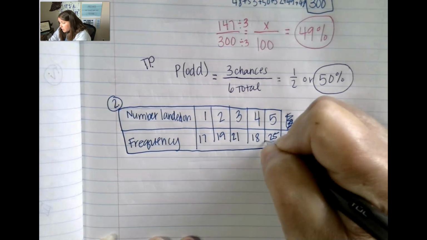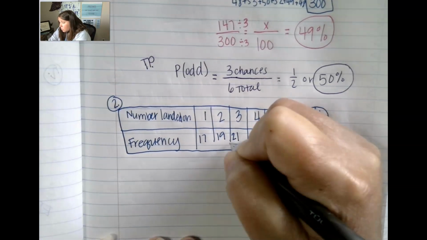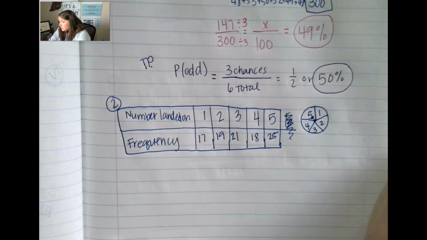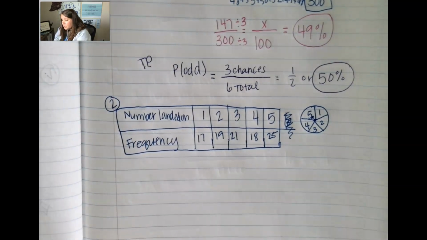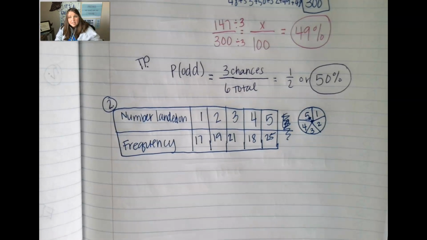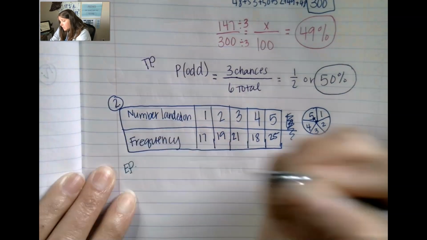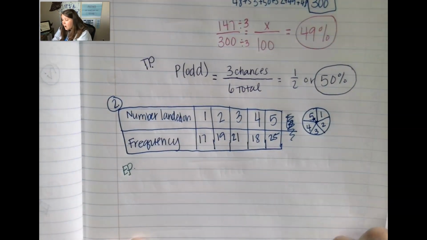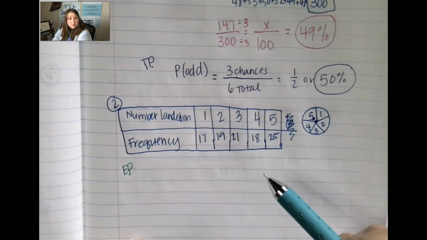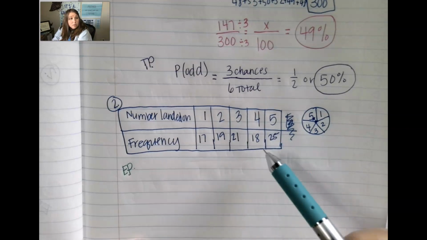So we're going to compare the theoretical with the experimental. So first of all, let's take a look at the experimental probability. So experimental probability, remember, is what we actually spin. So we spun,